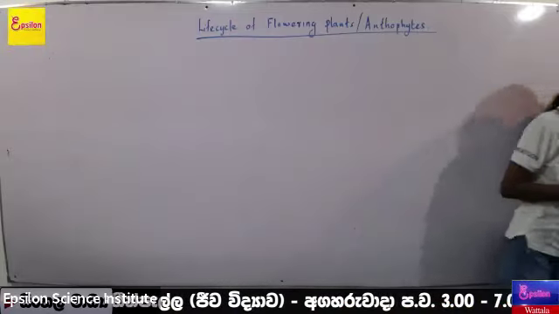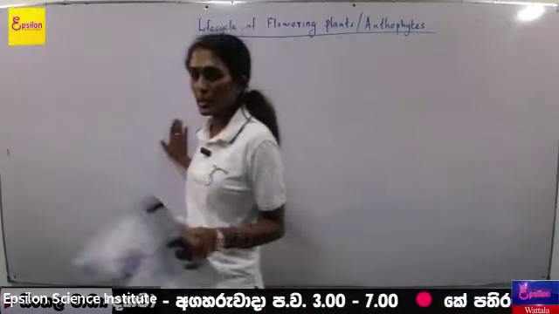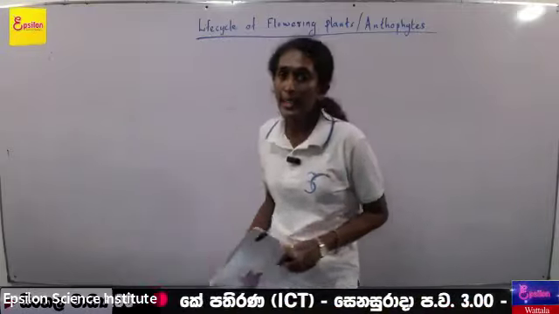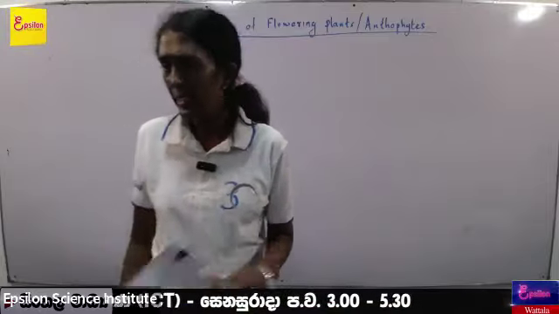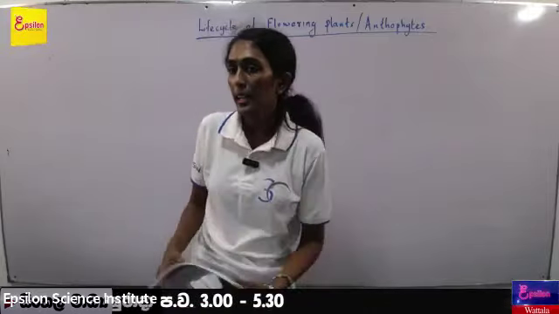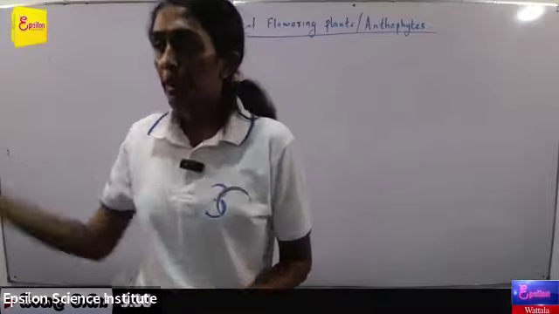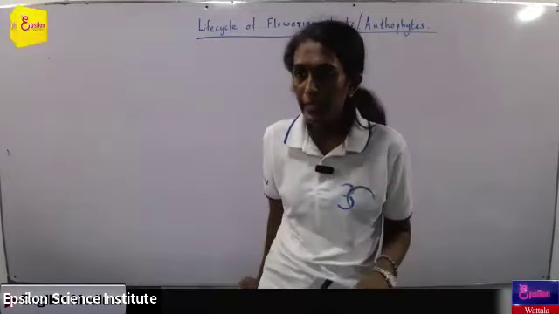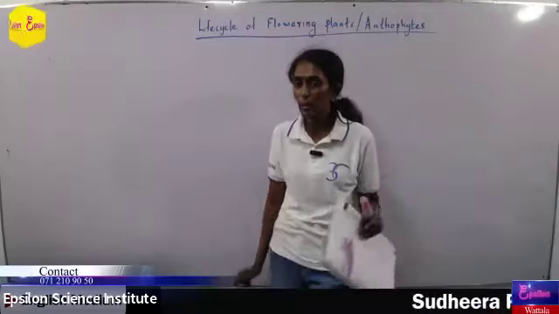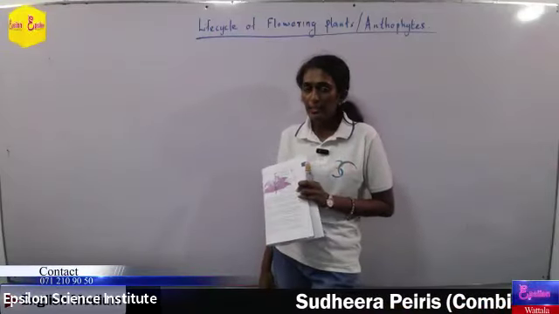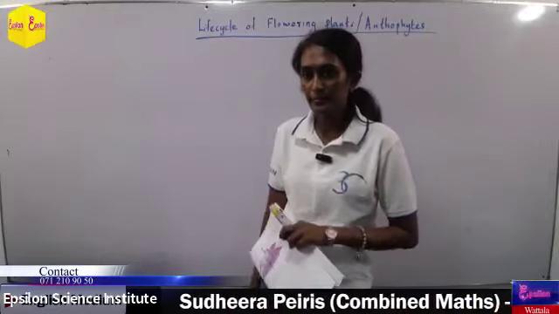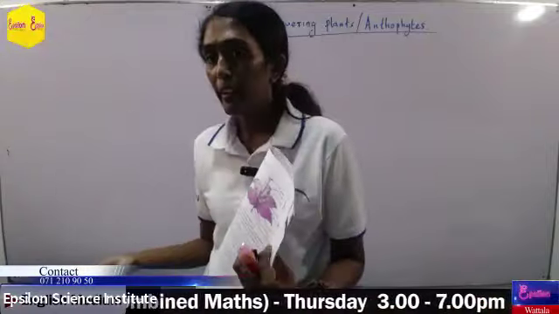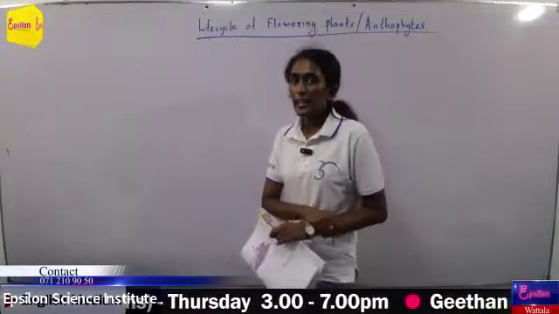All right. So what do you think in the anthophytes? The dominant stage is the sporophytic generation. So many plants that we see outside are the sporophytes of anthophytes, right? Let's say you are going outside and seeing a coconut tree, that's the sporophyte. And if you are seeing a mango tree, that is the sporophyte. Many plants that are available nowadays are anthophytes. Does it mean that other plants are not existing? They are also there, but those well adapted to the land environment are now the dominant plants